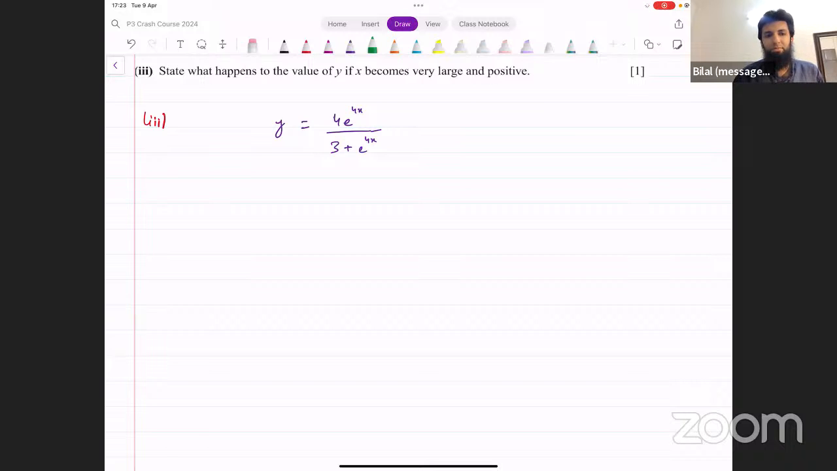It should be 4, right? Because when x becomes very large, this 3 does not make any difference. You're adding 3 to a very large value. So you can say as x goes towards infinity,